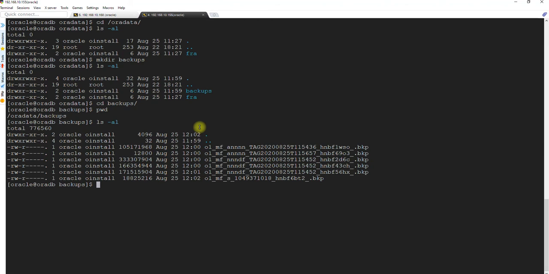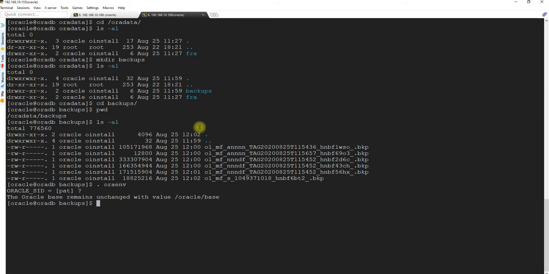Now the important thing is, let's change the environment variable to pat. As you already saw, I have oratab. If you do not have an entry in the oratab, then you can go to the primary server and copy and paste it here and make an entry in the oratab for the upcoming database name. Okay, and the database is still not there, right? I'm thinking of creating the database with the database name as pat. That's why I kept the name as pat.